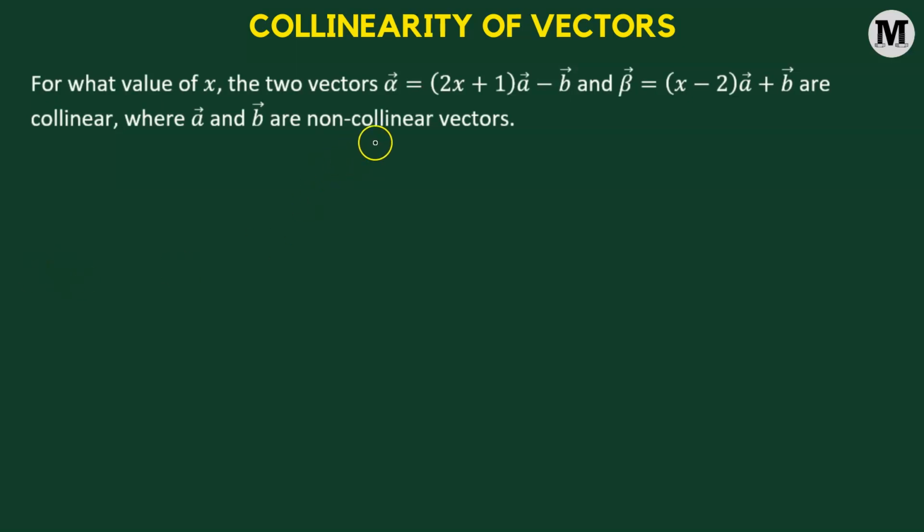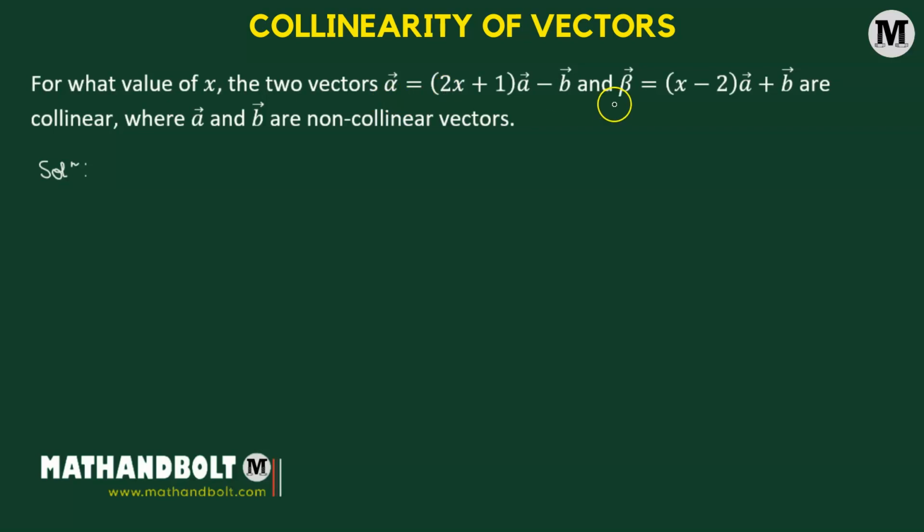For what value of x are the two vectors, alpha vector and beta vector, collinear, where a vector and b vector are non-collinear vectors? Okay, let us begin. First, we're going to use a fact here that since alpha vector and beta vector are collinear, that means there